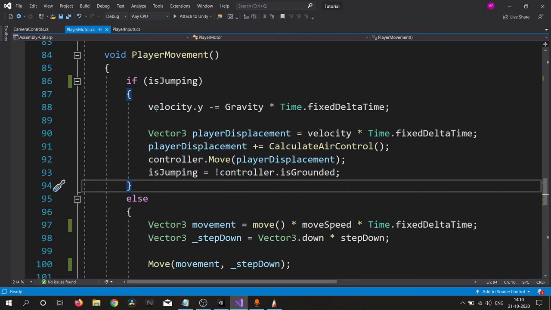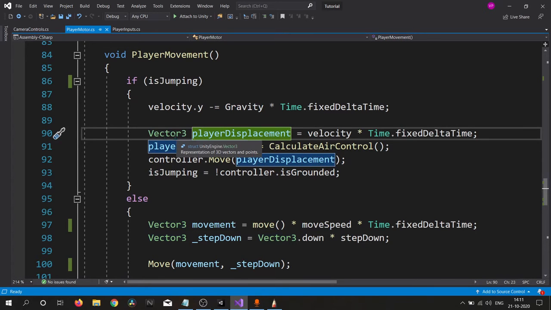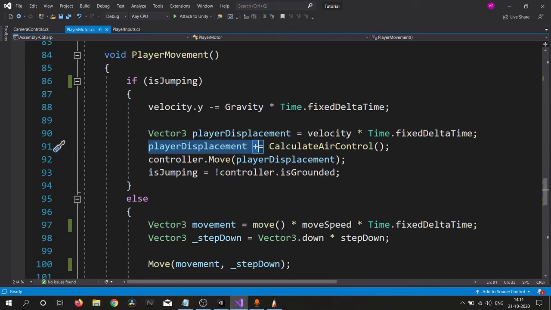If we are jumping, then velocity.y minus equals gravity times Time.deltaTime, because we need to interact with gravity. If we are not using this, our player is flying and doesn't come back to the ground. So y minus equals gravity times Time.fixedDeltaTime, and here I am using a local variable, player displacement, velocity multiplied by Time.fixedDeltaTime, and then player displacement plus equals